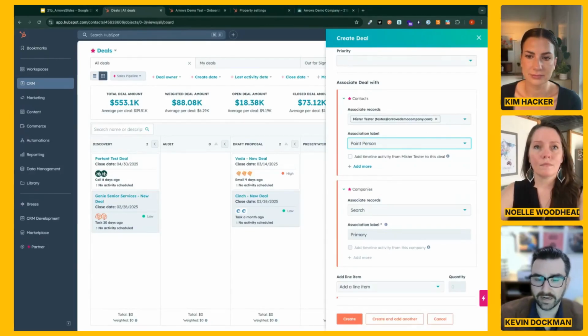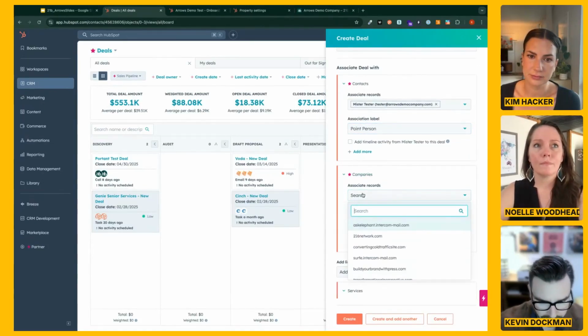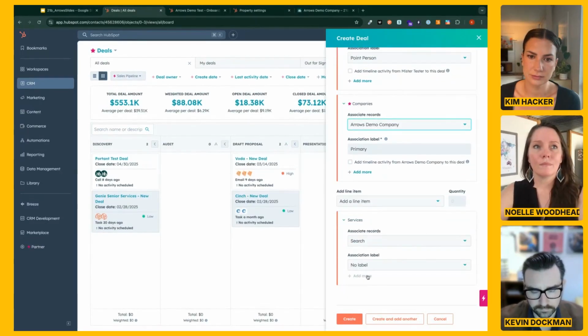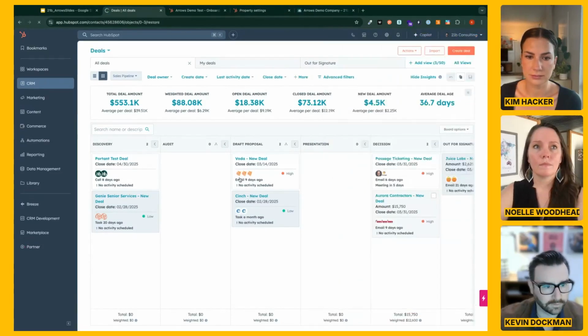I might not, but if you want to do that, you can just create an association label and put that in your workflow. I'll show you how that's done. Let's go to the Arrows demo company. If you know definitely what service this deal is going to be for, you can apply it here. That can make some workflows easier. In this case, I'm not going to because I don't need to. My workflow does it for me. So if I hit create,